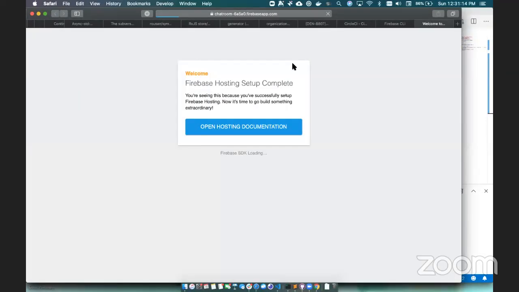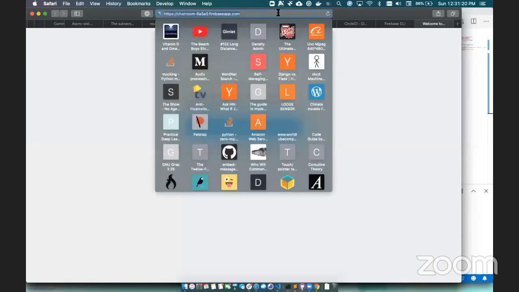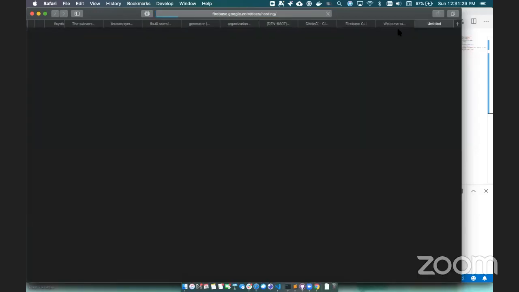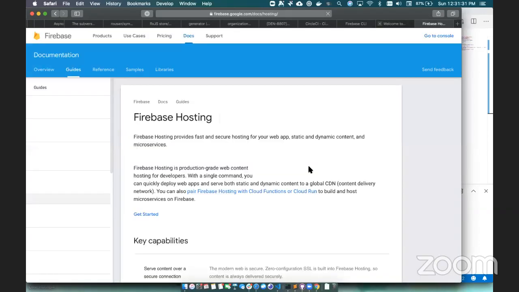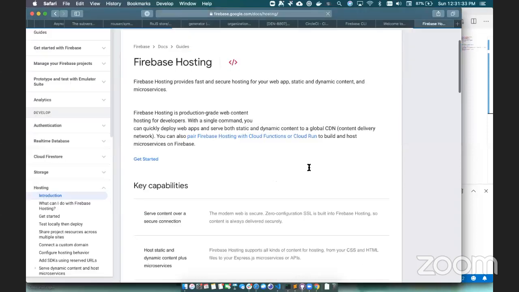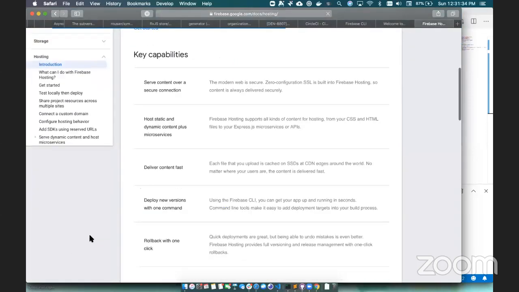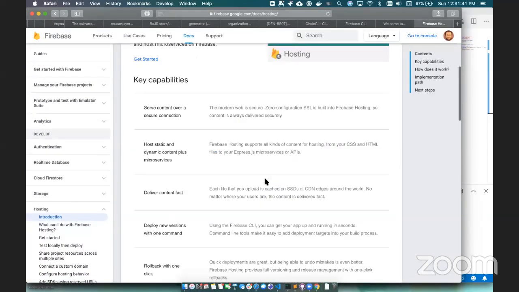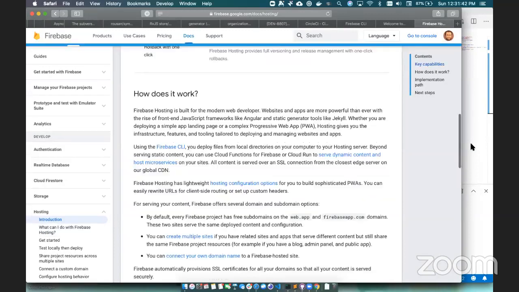Firebase hosting setup complete. So we have the hello world message. How about messages? Does that work? No. What can I do with Firebase hosting? Oh man. We'll figure this out. We're pretty close, I think. So